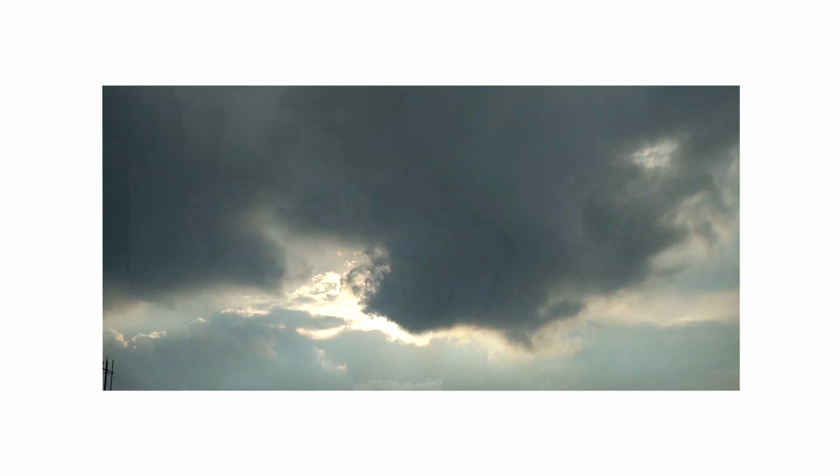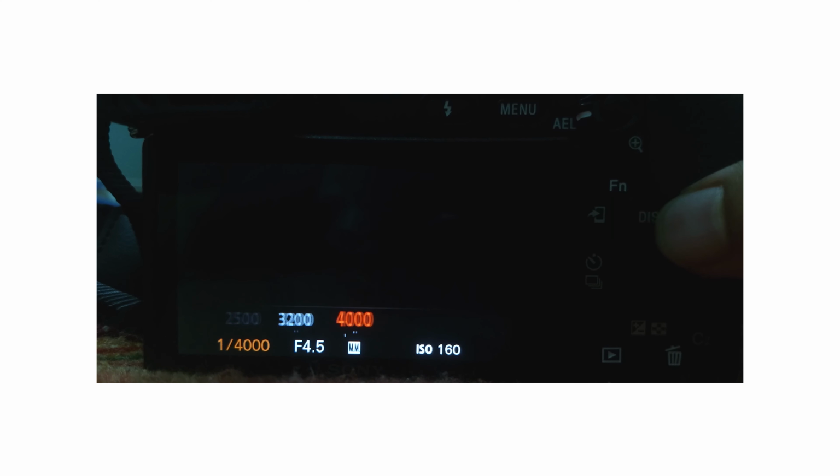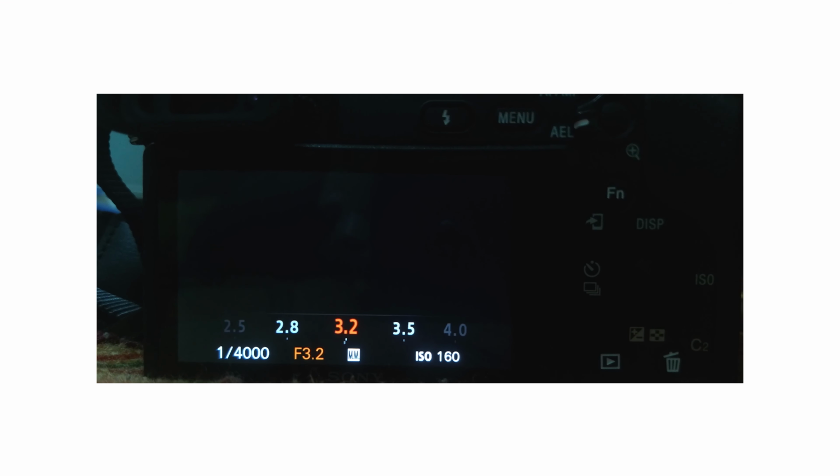So what are ND filters? Basically ND stands for neutral density. If your eye was a camera, then ND filters are like sunglasses. Basically, with ND filters, you can control the amount of light that passes into your camera. But you might be wondering, you can even control it within the camera by increasing your shutter speed and decreasing your f-stop. I'll get back to that later, but first let me classify ND filters.